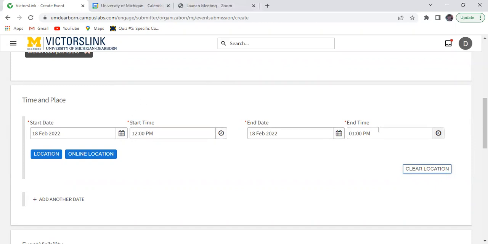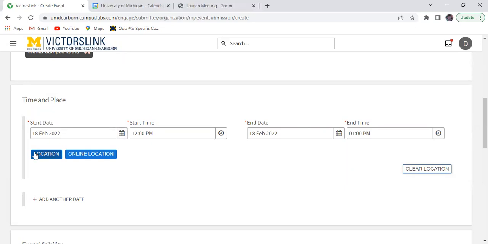We do encourage you to check the facilities hours sheets for each of the buildings. It is online, so we encourage that you check that out before you submit for an event, so you know exactly what time the rooms are available and what time the buildings are open. That just speeds things up during the approval process.